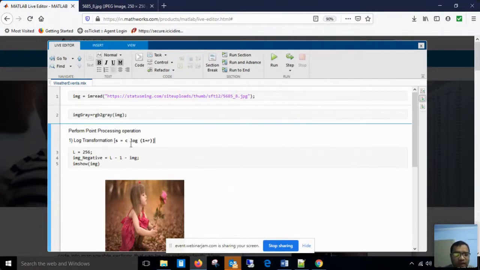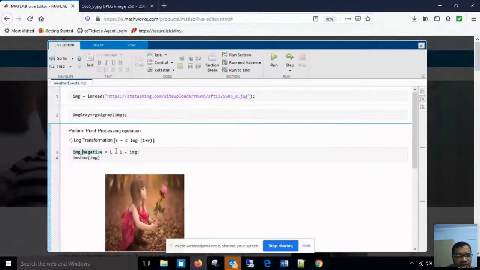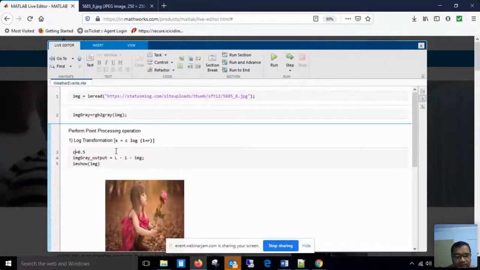So what do we do? L is not required, so we remove it. Fine. We apply this on IMG gray, output by matrix name, and then I have to use this function, right? So we have to define value of C. So let us say C is equal to 0.2 or 0.5, take any arbitrary value. Fine.